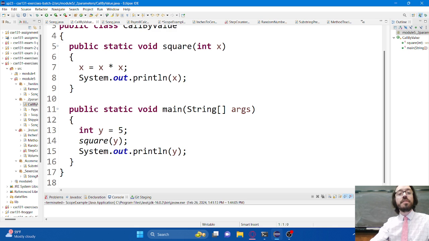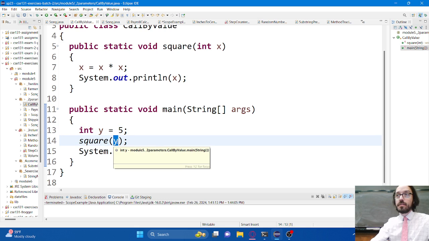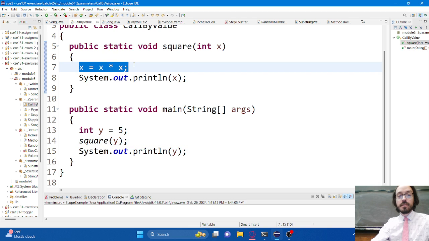What that means is that when I take this variable y and plug it into this method called square, when it squares that value, it's not squaring this value directly, right? It's making a copy of the number 5